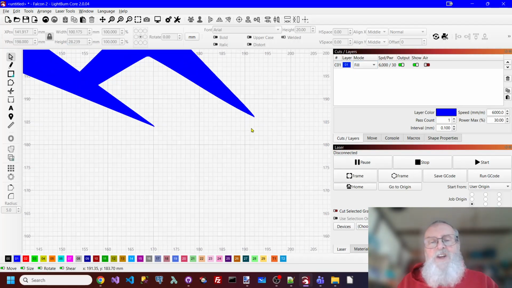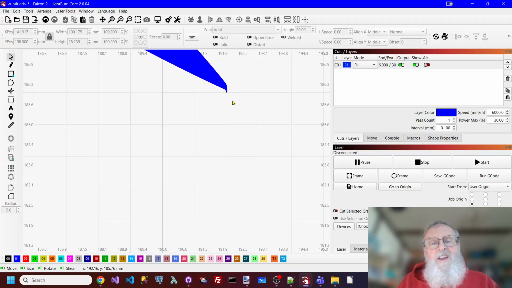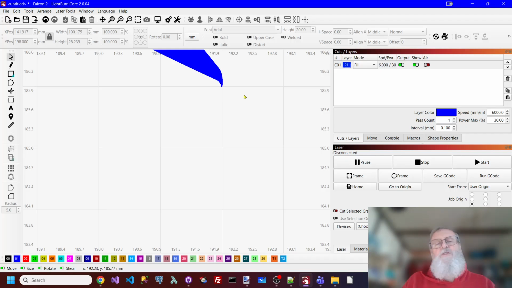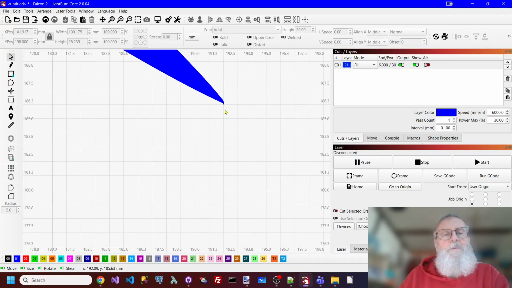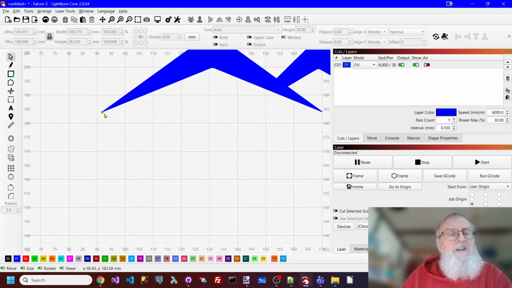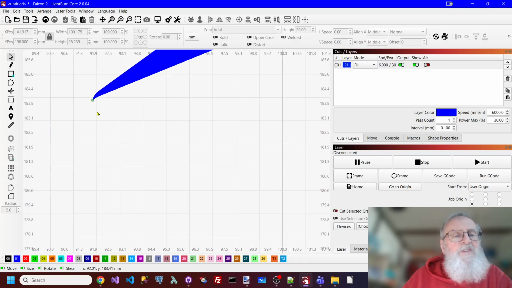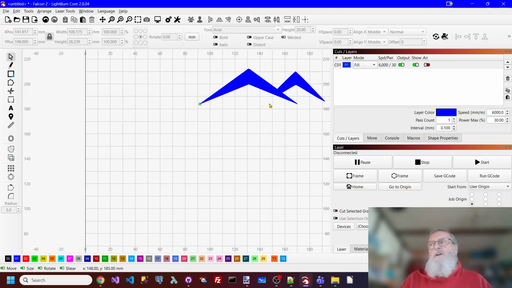So let's just check this edge here. I probably shouldn't have gone as far down as I did here. But once again, that's up to you how you want to create it. Same with this side here. Okay, well,